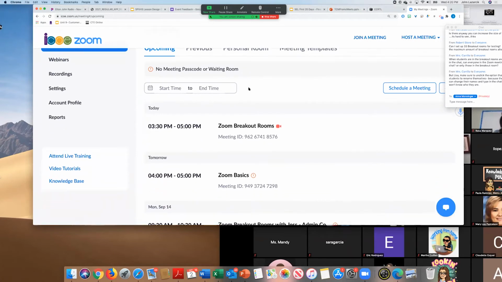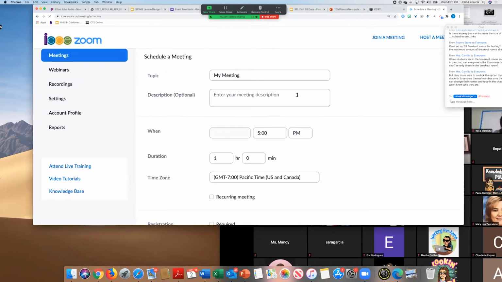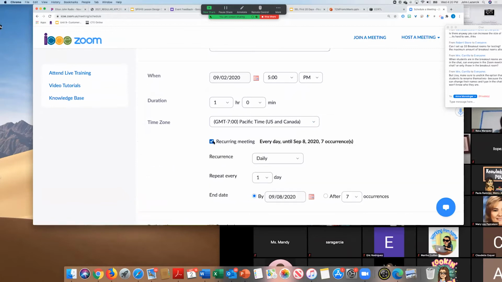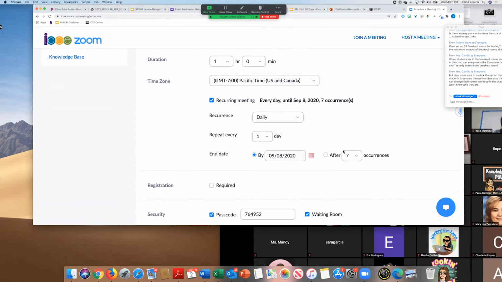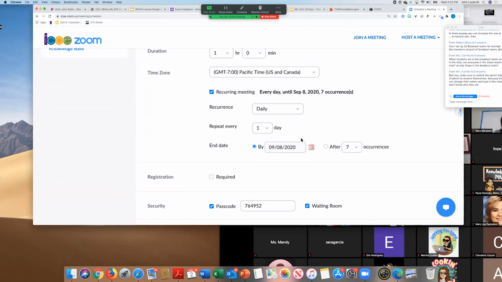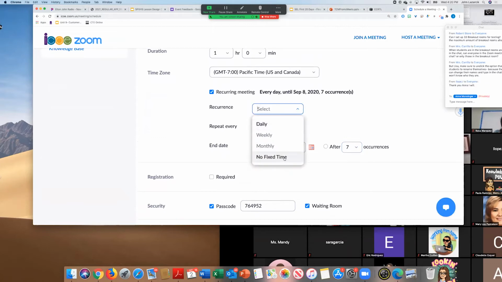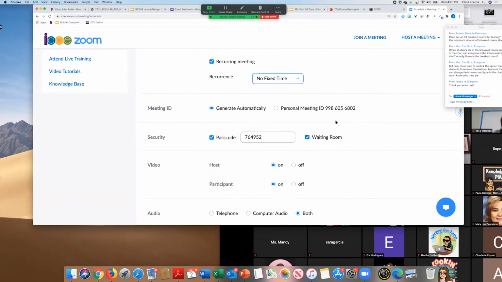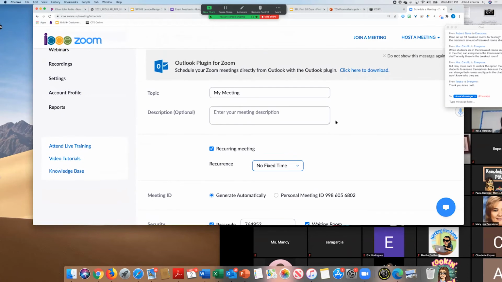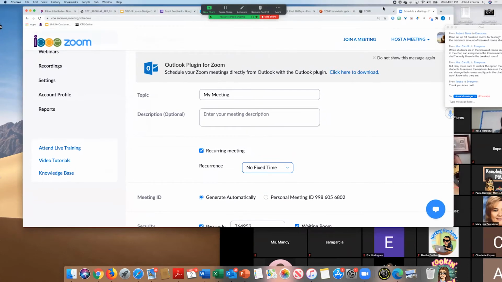If I click on, let's say I want to schedule a meeting, and what she was saying, if I click recurring meeting, and the little drop box where it says daily, click on it and you put no fixed time, it just is there forever. It's pretty awesome.